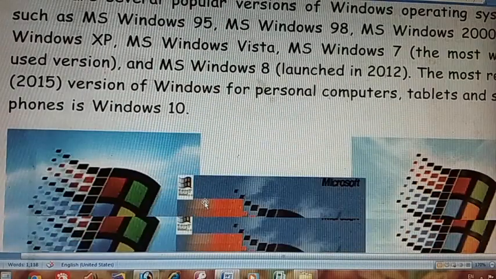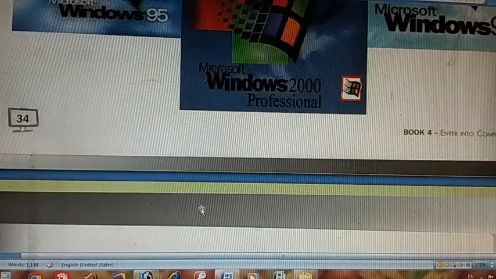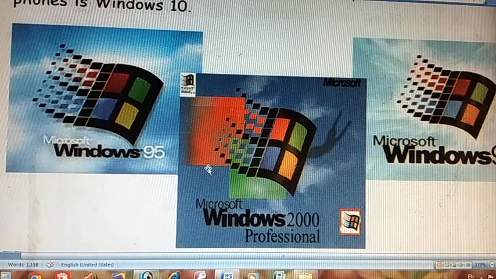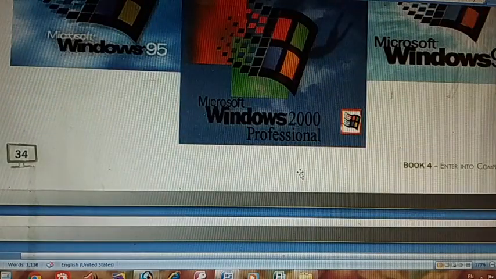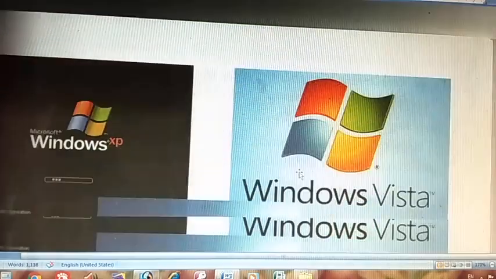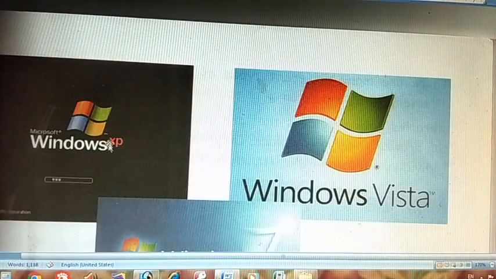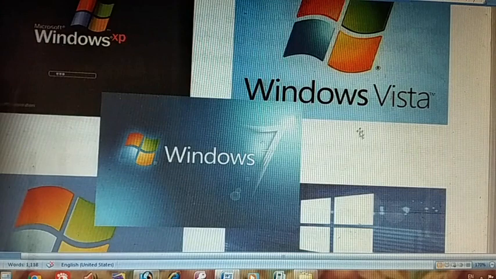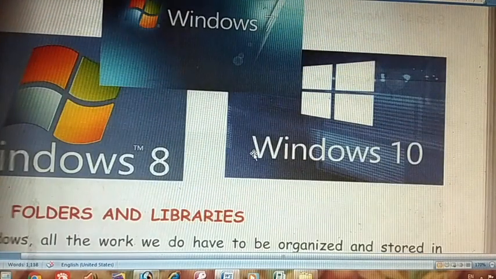You can browse through your books to see the different versions of Windows: Microsoft Windows 95, Microsoft Windows 2000, Microsoft Windows 98, and there are some pictures again. Microsoft Windows XP, Windows Vista, Windows 7. I am also using Windows 7, and in your school computer lab, all the computers have been installed with Windows 7.